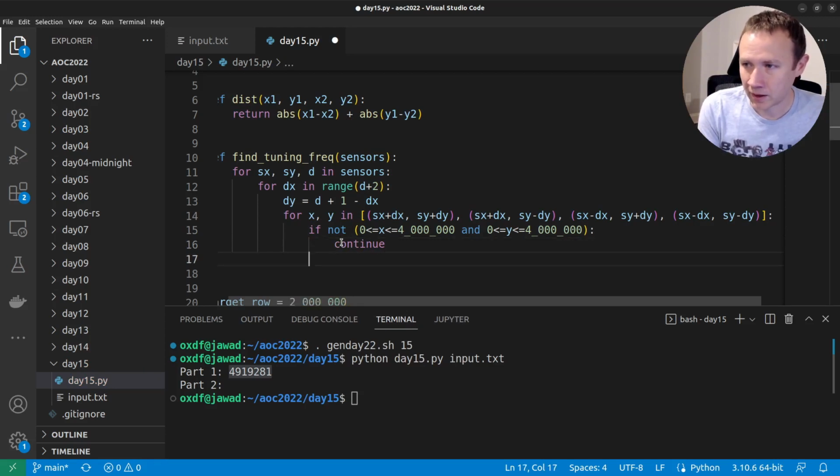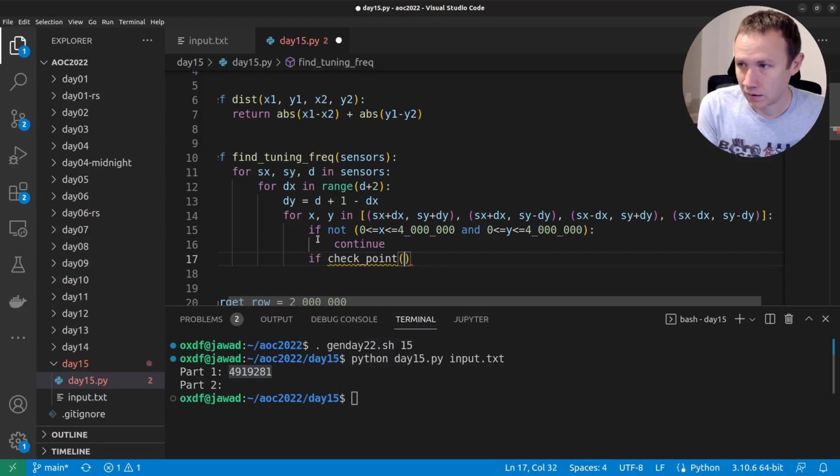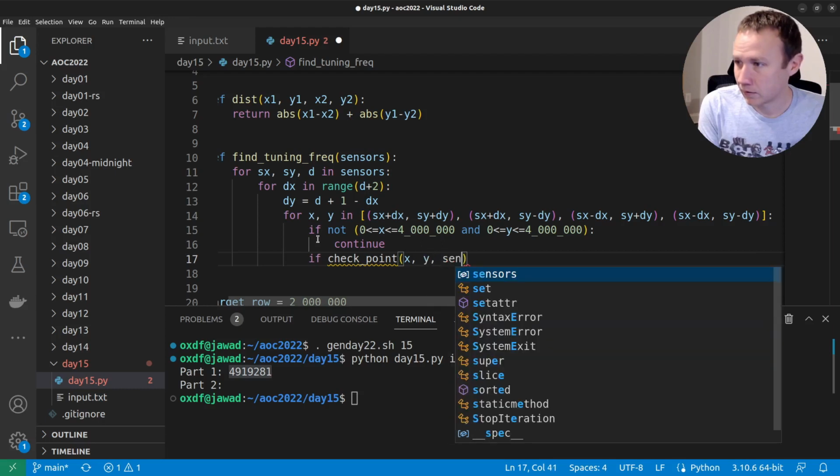Now we have a point here. And we want to check, is it found by any of the sensors, or is it outside? I guess the thing is, can it exist given all the sensors? So I'm actually going to loop over all the sensors again. And again, that's going to get really confusing with nested loops. So we're going to create a function here. So we'll say if check point x, y, and sensors